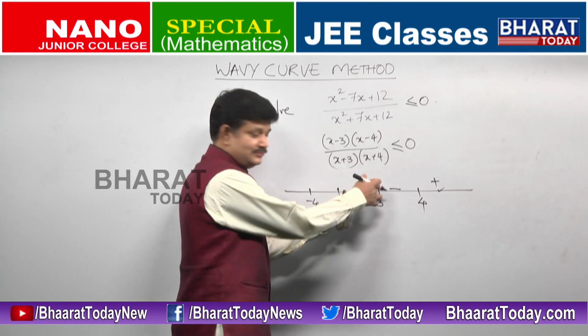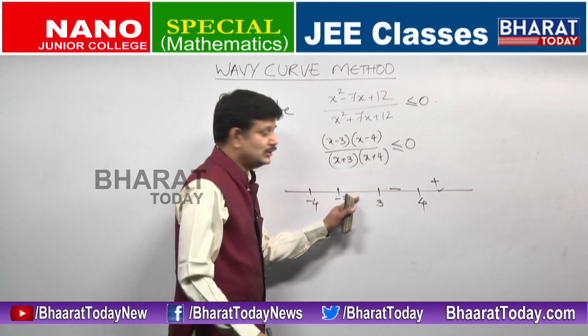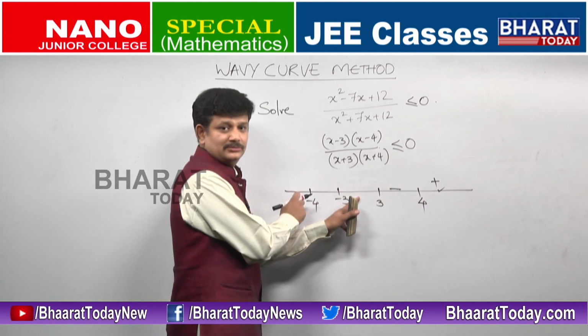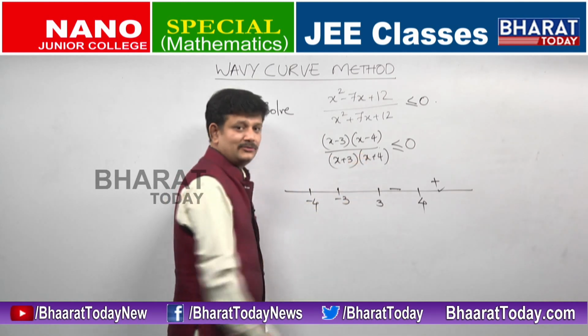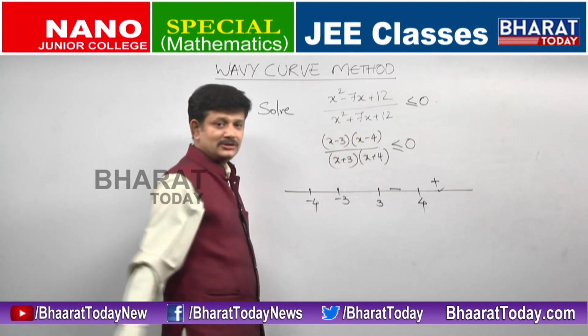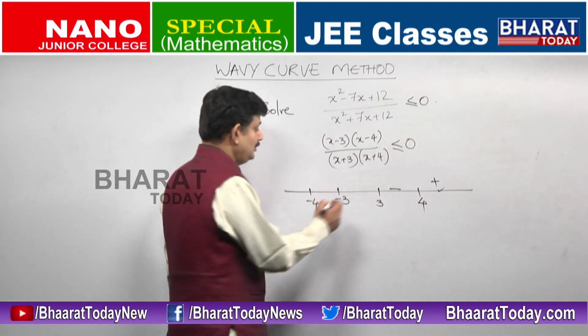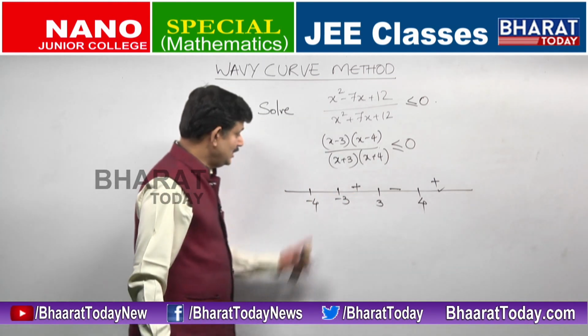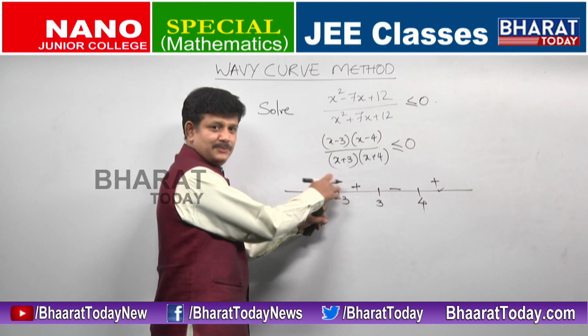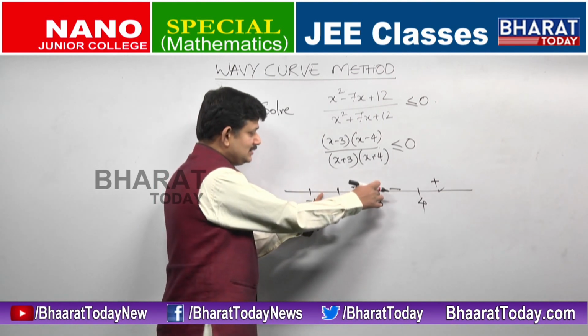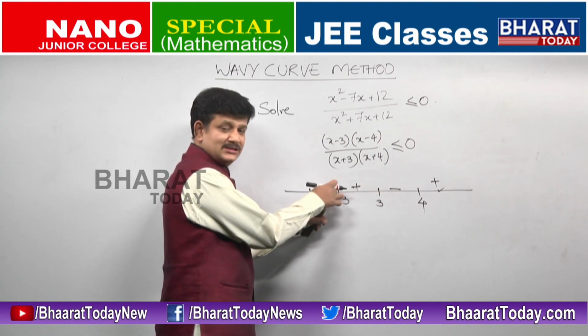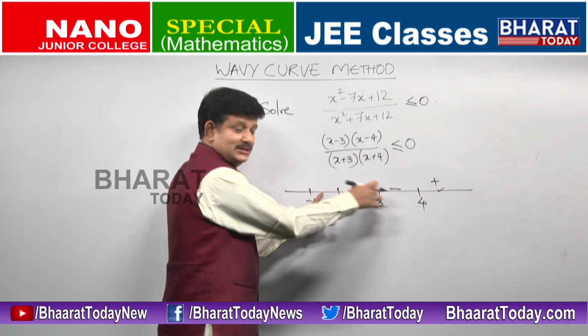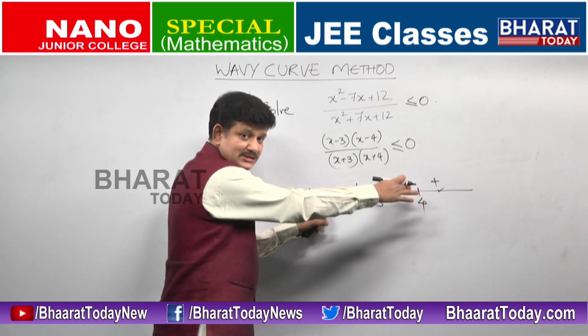Here what will happen? x minus 3 is negative, x minus 4 is negative, 2 negative numbers and 2 positive numbers. So 2 positive numbers, product will be positive, 2 negative numbers, that will also be positive, ratio will be positive. Here what is happening? x plus 3 is positive, x minus 3 is negative, x minus 4 is negative, 3 numbers